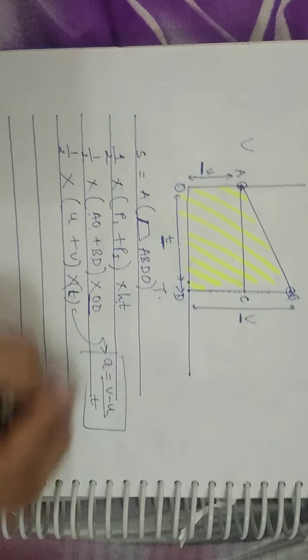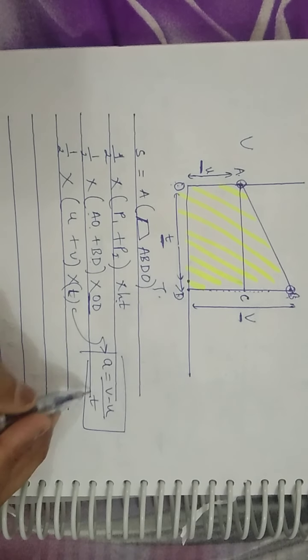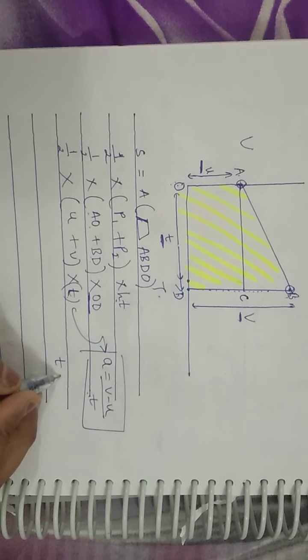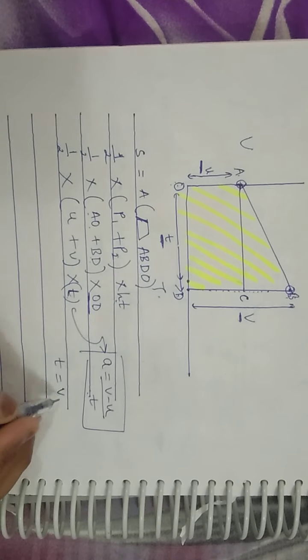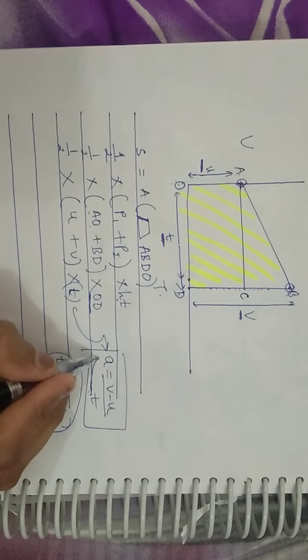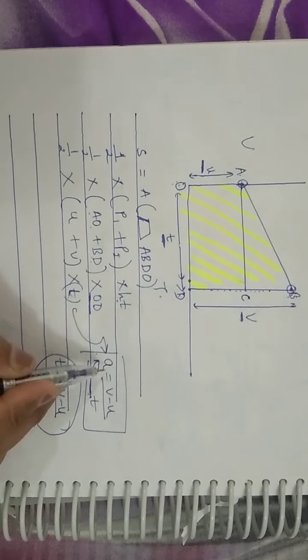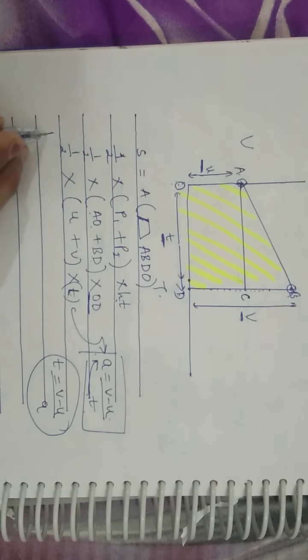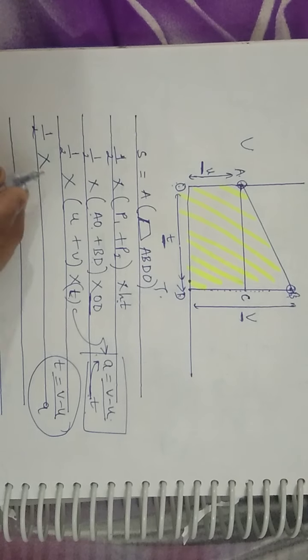We know this thing. So with the help of this, we can easily get the value of T. And how? T is equal to V minus U upon A. Just put this value here. It becomes half into,